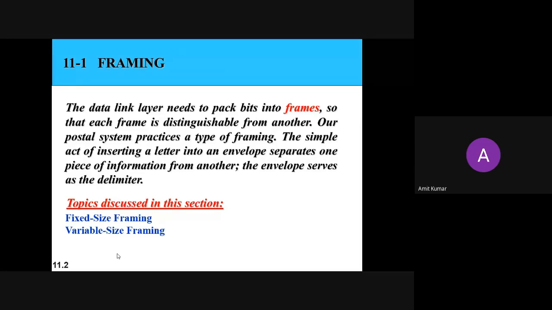So in this way the framing has been done so that the packet can also move in this way. You need to add the source address, the destination address, all those things. So in framing, the data link layer separates a message from one source to a destination, or from one message to another destination, by adding a sender address and a destination address. These two addresses you are adding to distinguish the different receivers from the same sender.